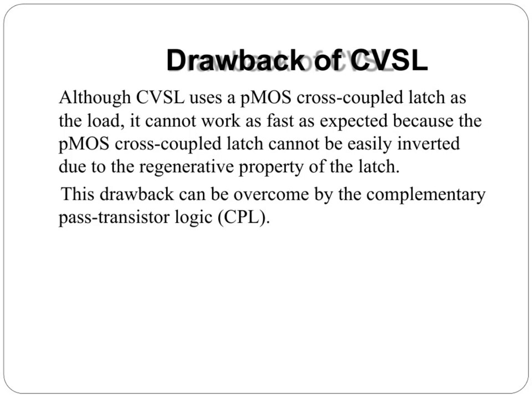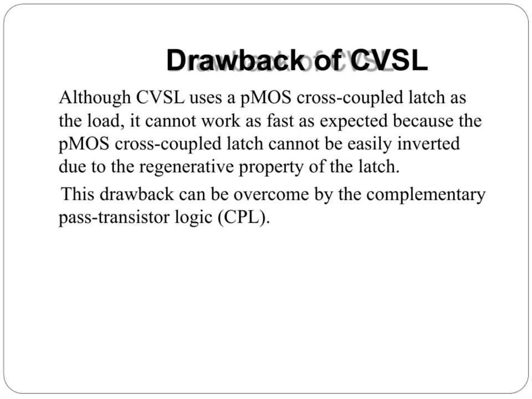Now let's talk about the drawback of the CVSL, or cross-coupled voltage sense logic. While CVSL employs a PMOS cross-coupled latch as its load, it faces a significant limitation. The PMOS latch is regenerative, meaning it tends to maintain its state, which makes it difficult to invert quickly. This property slows down the operation, so the CVSL can't achieve the high speed we might expect. However, this issue can be addressed by using complementary pass transistor logic, or CPL, which offers a way to overcome